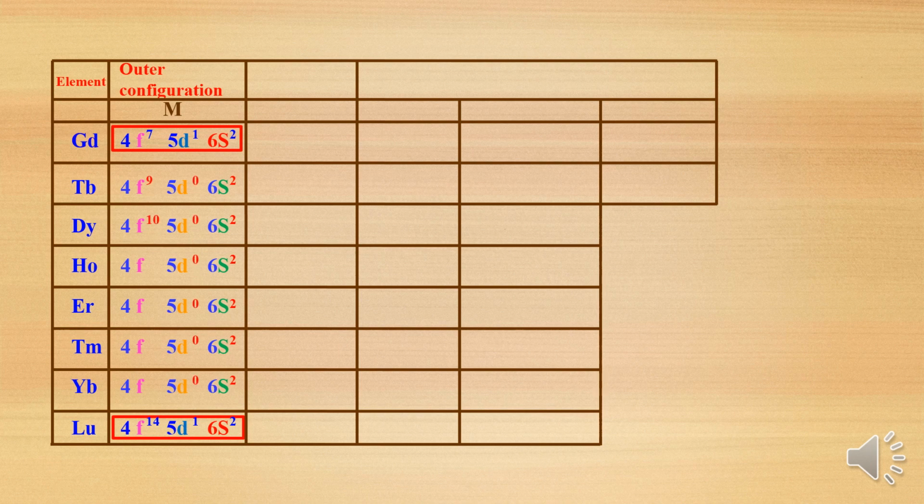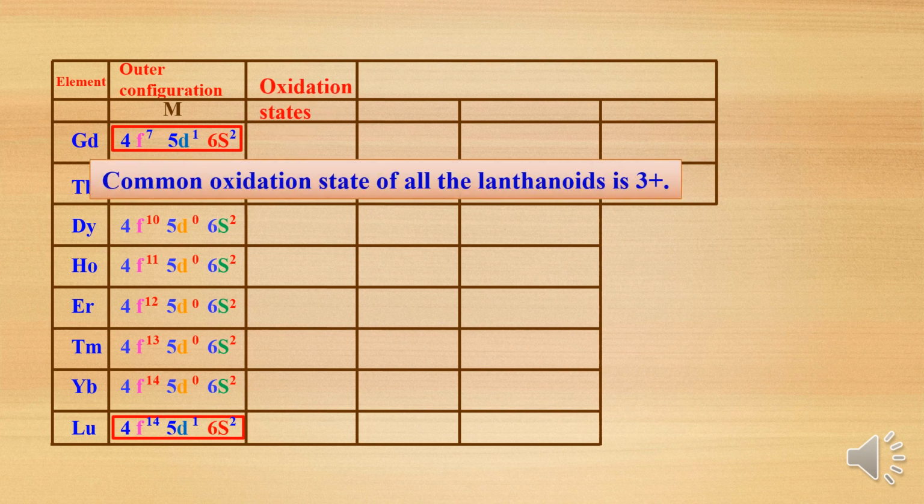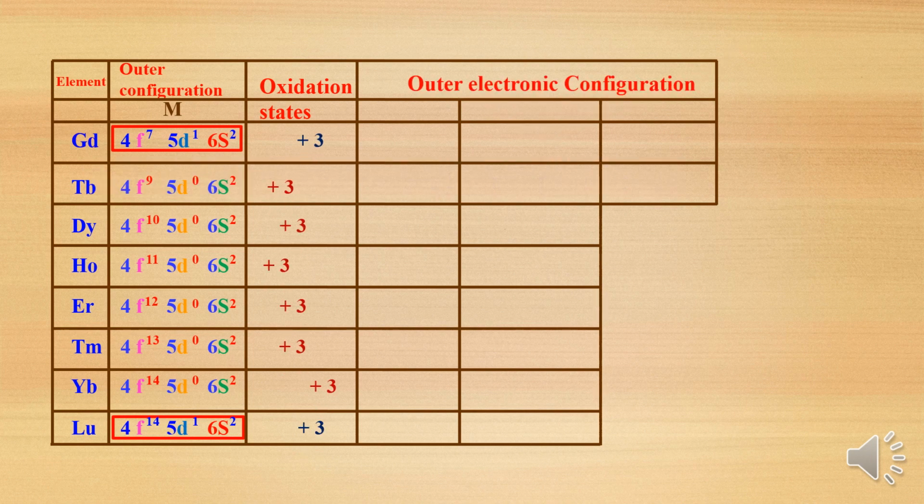So you can see here, 5d is 0 in the electronic configuration of all the other elements, and only one electron is increasing in the 4f orbital. Now, for oxidation state, we already know the common oxidation state of all the lanthanides is plus 3. Other than plus 3, as I already told, plus 2 and plus 4 are also possible. That is due to half filled, vacant or completely filled configurations. Due to that, plus 2 and plus 4 are possible.